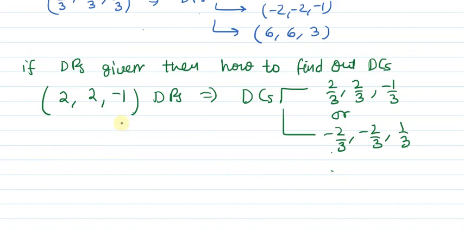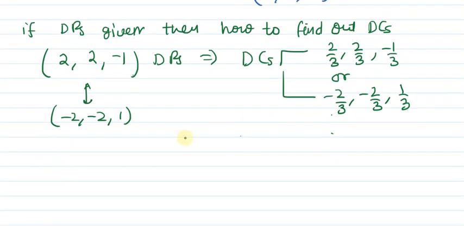It means what? Ki if we have been given DRs, so its corresponding DCs can be 2, because if you multiply by minus 1, so इसके corresponding जो DRs होंगे वो इसी के ही DRs होंगे, minus 2, minus 2, minus 1, plus 1. So like that, if you go for DCs, then the DCs will be minus 2 by 3, minus 2 by 3, 1 by 3, right? Its corresponding unit vector, not more than 2. So for any given DRs, DCs can be 2, possibility of 2.